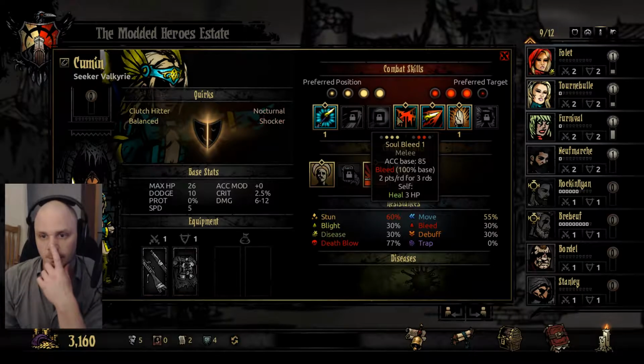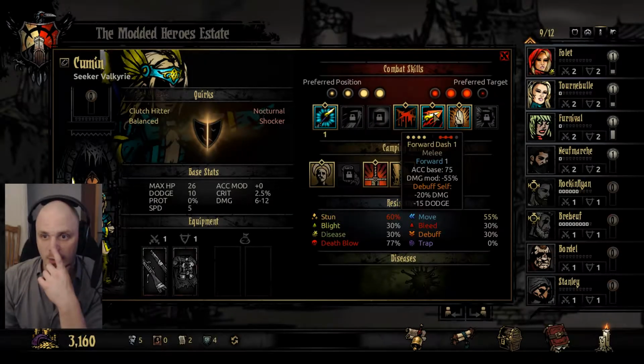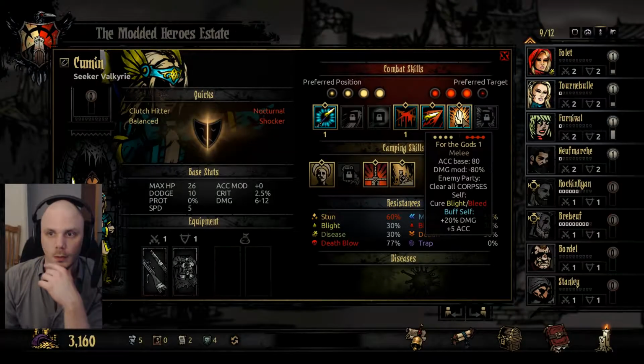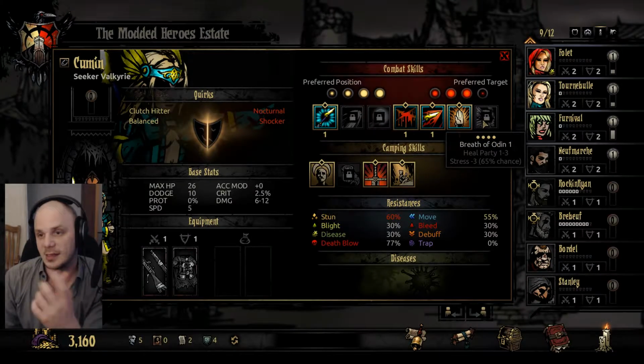So she could... The dodge hit is really what would be killing her. And she doesn't have that much HP. So getting that dodge penalty is actually pretty freaking bad for her. But it's Cure Blight and Bleed on herself. It clears corpses. And she has that frontline heal. And a possible stress relief at the same...